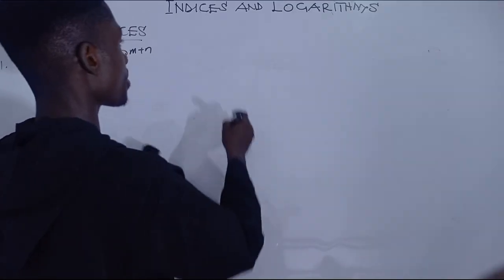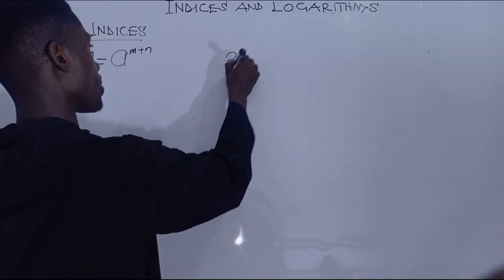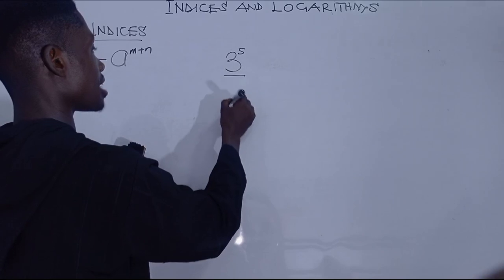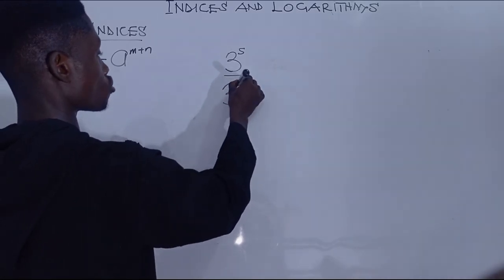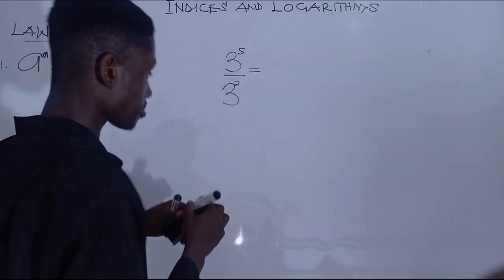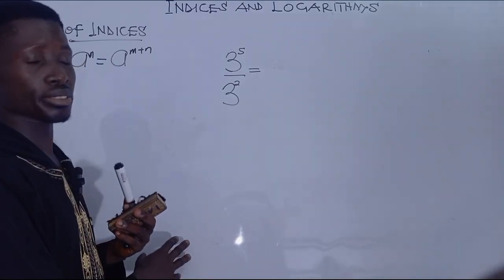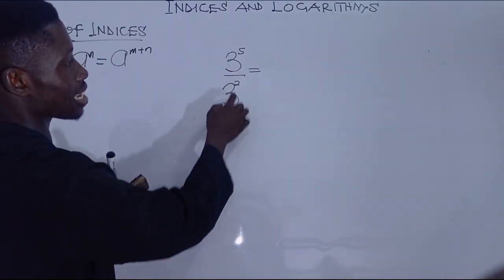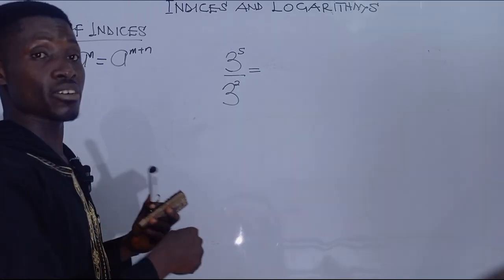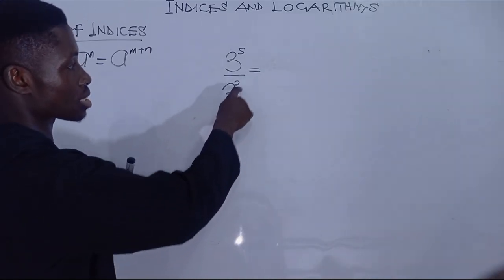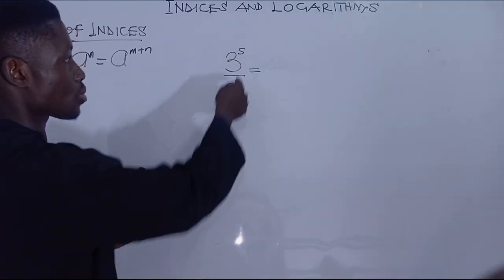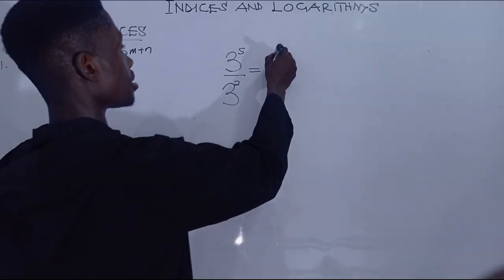So let's consider these numbers: 3 raised to the power 5 divided by 3 raised to the power 2. Now we want to simplify this. We know that this means that 3 is multiplying itself 5 times, and this means that 3 is multiplying itself 2 times. So we can write this as